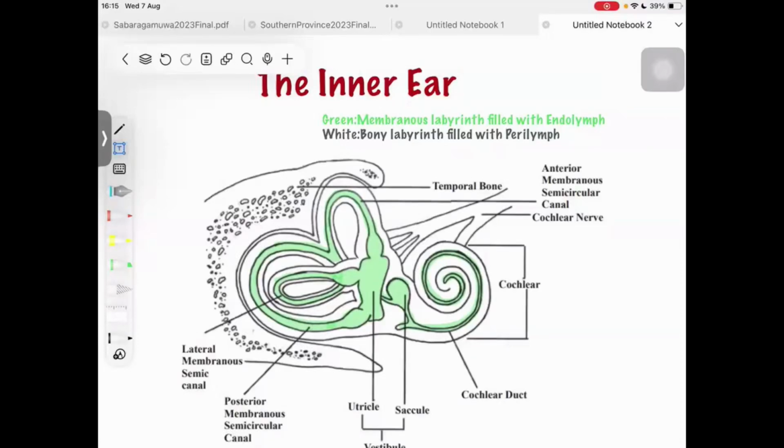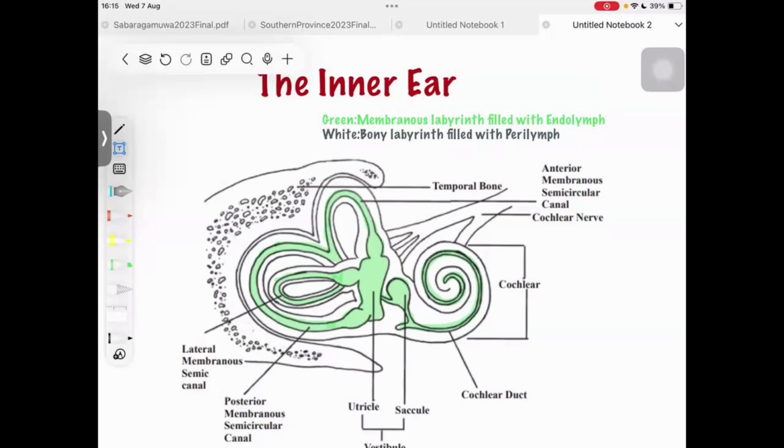Hello everyone, today we are going to talk about the structure of the inner ear. The ear has three main regions: the outer ear, middle ear and the inner ear, right? And talking about the inner ear, as you can see, the inner ear is made from